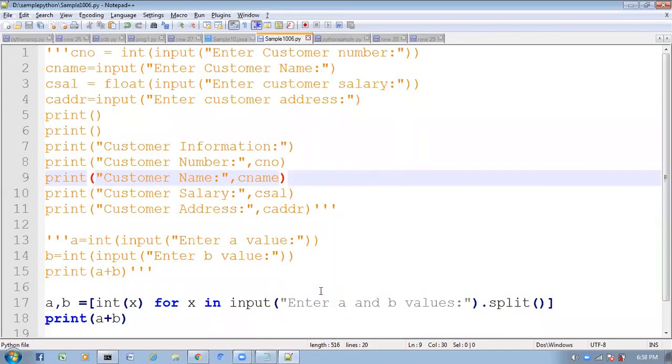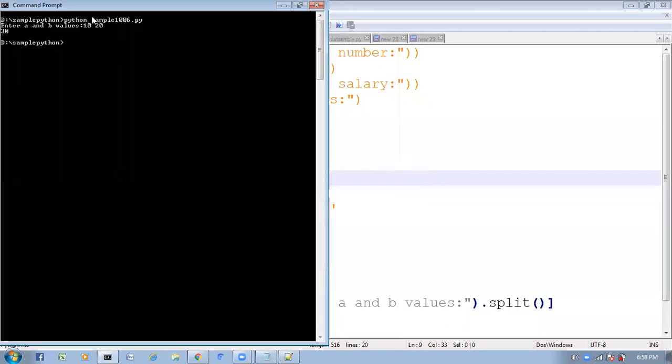The input function will treat this 1020 as a single string only. By using the split function, I am splitting the given string into multiple strings. Is there any separator? No, so I am not passing anything to the split function.